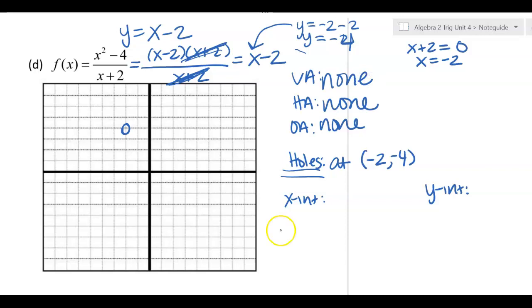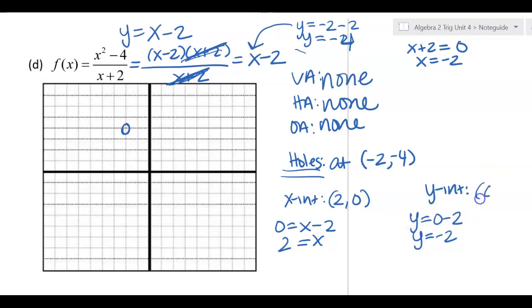Okay? I can find the x-intercept. It's 2. So the x-intercept would be 2, 0. And I can find the y-intercept. It's -2, so the y-intercept would be 0, -2. So 0, -2. And 2, 0. And clearly,